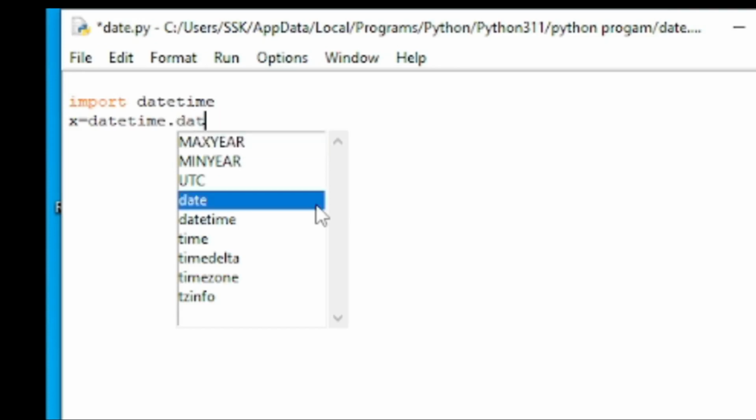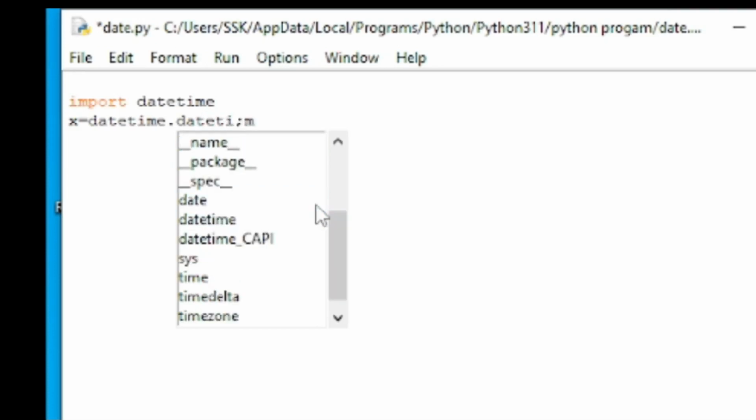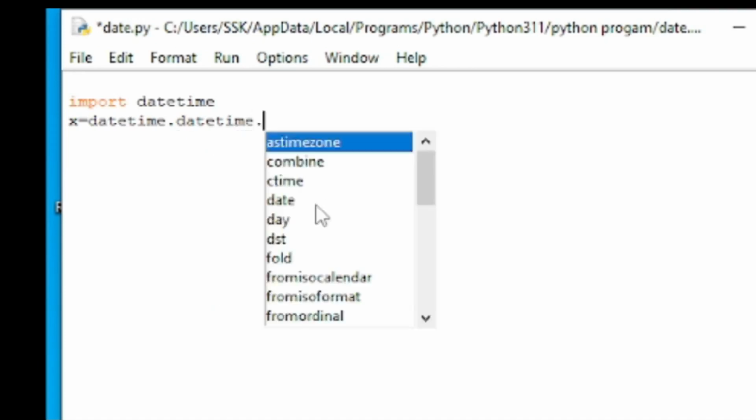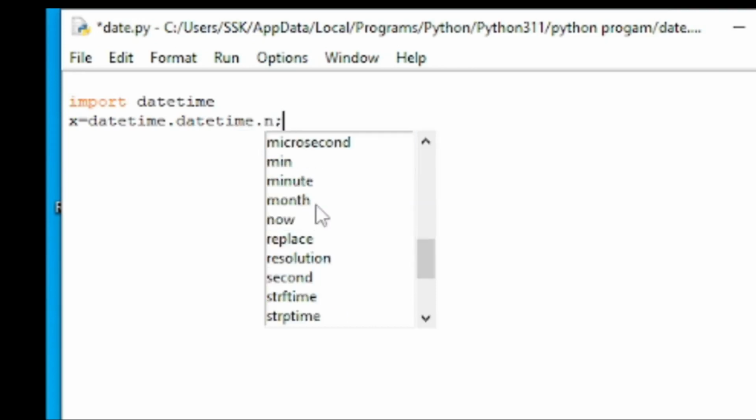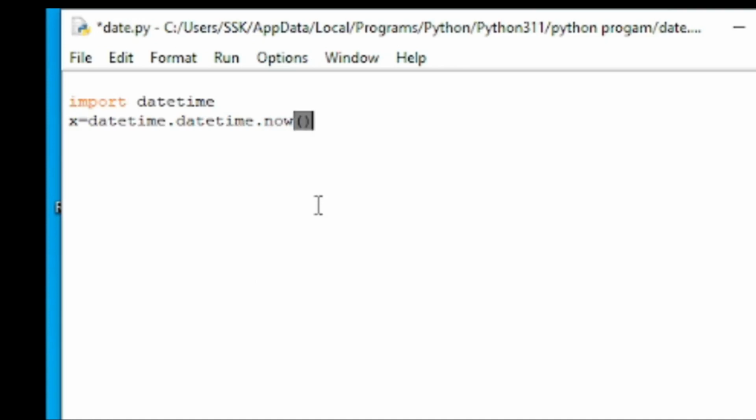Inside date and time, we write another date and time, and here we write date and TIME, the current date and time, and here we write now. Now is important because we know the current date and time. We write NOW, and here we write completes, and here we write print the output, that is print